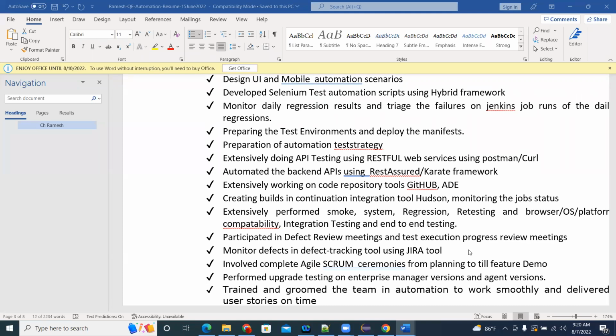You keep both manual and automation because you have to do both manual and automation, right? Manual points you keep, and extra you add these automation points. Okay, any questions? And I'll send the